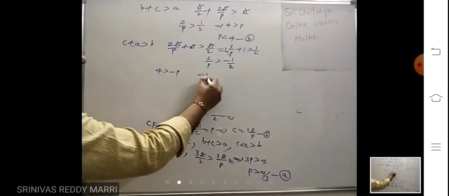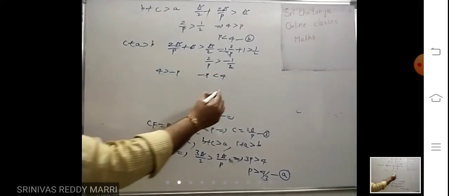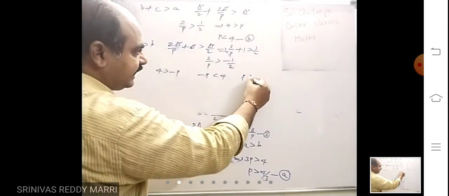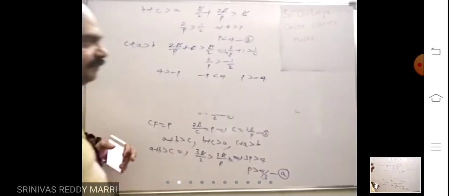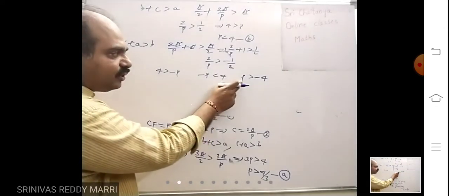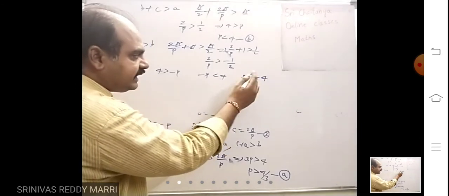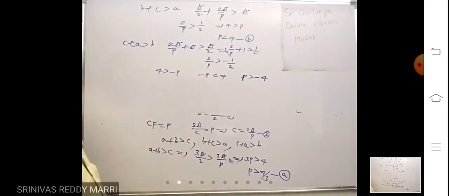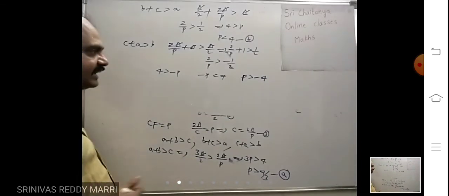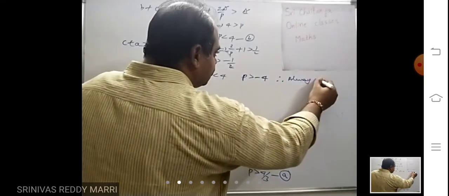minus 1 by 2. If you look at here, cross multiplying, 4 greater than minus P. Right, from this side, minus P less than 4. Therefore, if we multiply with minus 1, the inequality will get interchanged. What I am getting? P greater than minus 4. So that is always possible because this is length only. This is a positive quantity and that is a negative quantity. P is always positive because that is the length of the altitude. A positive quantity will always be greater than a negative quantity. Therefore, this is always true.